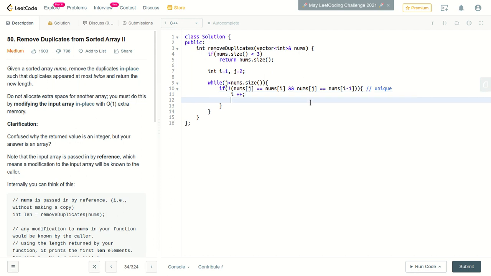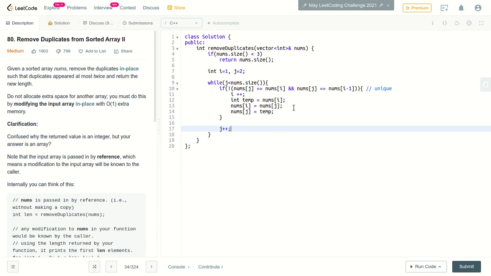In case j has found a unique value, we first increment i, then we exchange it. So let's say int temp equals nums[i], nums[i] equals nums[j], nums[j] equals temp, and then we go out of this condition and increment j, and ultimately as usual we return i plus 1.